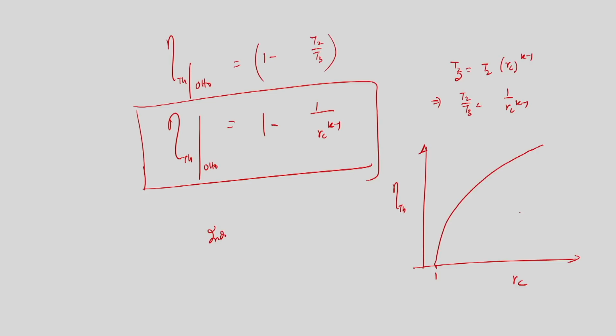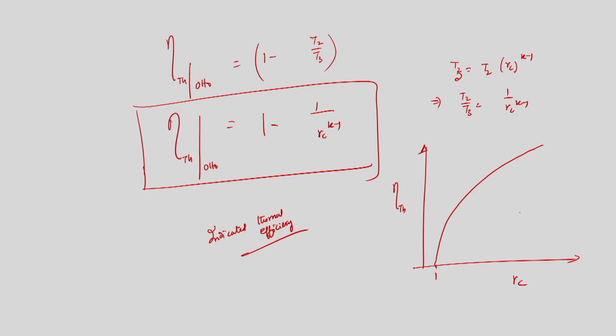This is the thermal efficiency of the Otto cycle, but this is known as indicated thermal efficiency. This is not brake thermal efficiency. Why? Because heat transfer values are those to and from the air within the combustion chamber. So, we did not consider heat transfer loss.